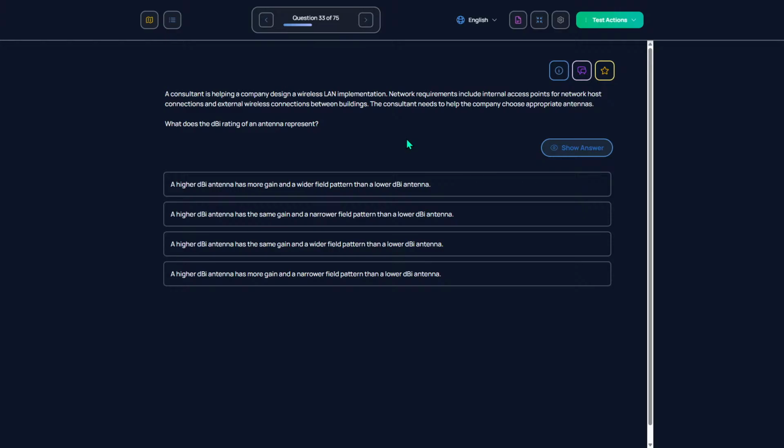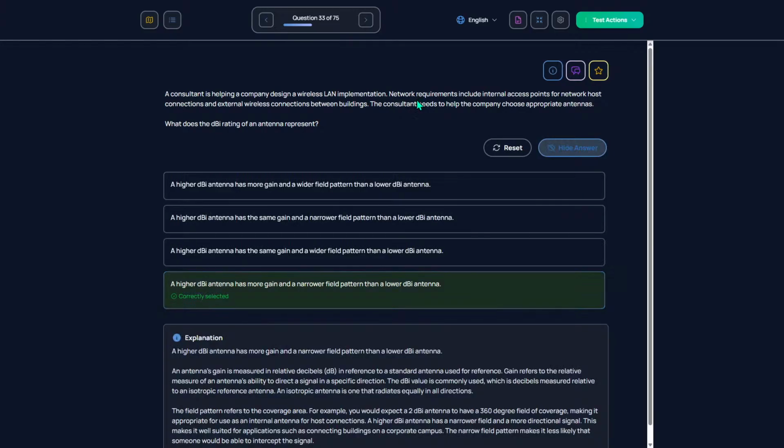A higher dBi antenna has more gain and wider field pattern than a lower dBi antenna. I believe it's actually more gain, but a narrower field pattern. Yeah.